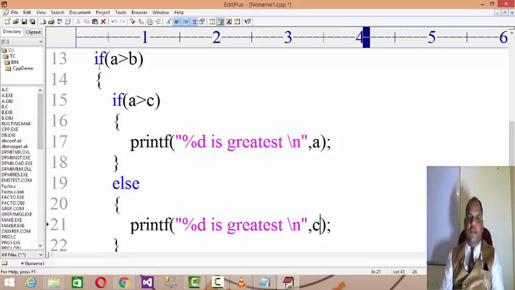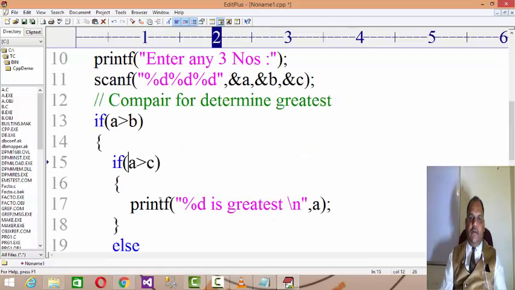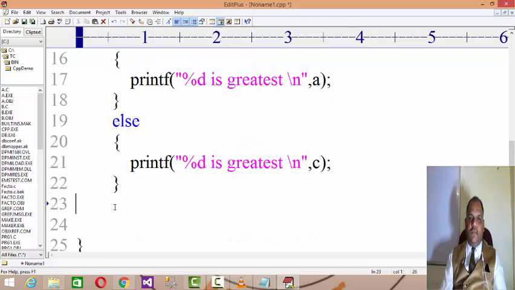The reason is a is more than b, and a is not more than c, which means c is the greatest, and c is already compared with b also, because a was more than b. So this is how you can determine the condition first. Then here is the end of the first block, right?